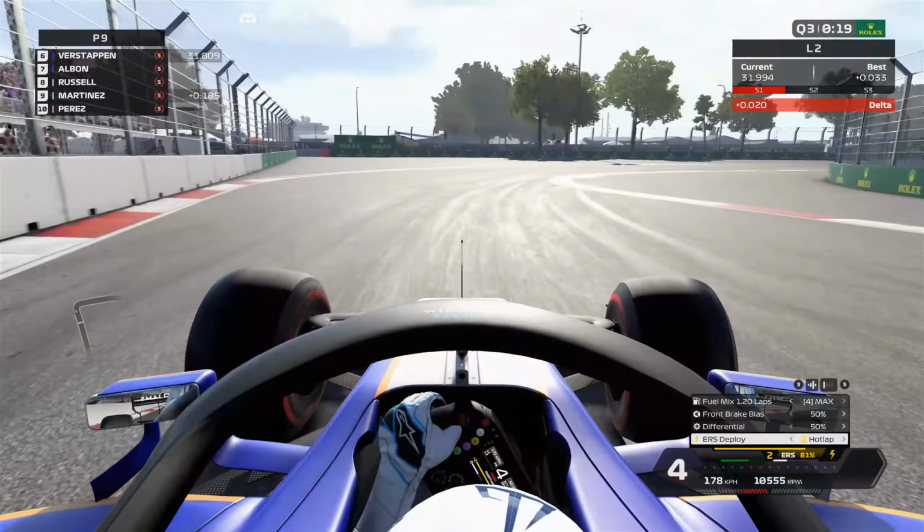So another kind of 90 degrees right, just about keeping it on the track limits, and then a little kind of double apex left through here. Important to let the car run wide and use all the runoff. Then hard on the brakes for another 90 degree right this time, again using all the runoff through here, and we get a great exit. And that was a corner where I made a bit of a mistake on the last lap. I ran a bit too deep into the corner on the brakes. So right now, over a tenth up, this is a good lap from us